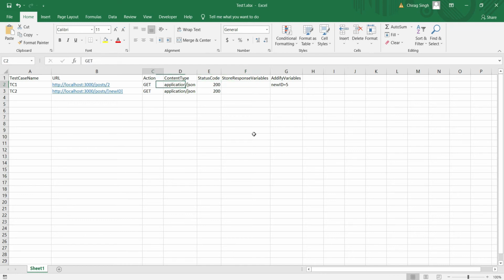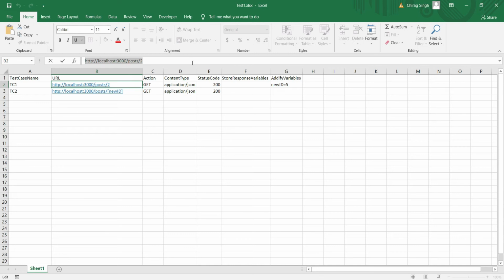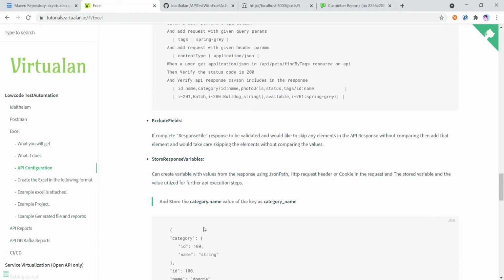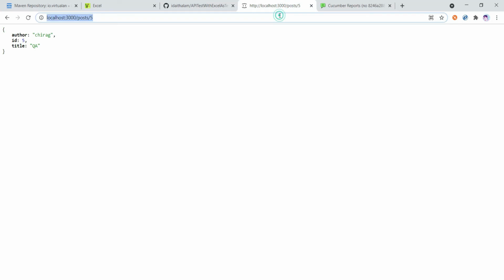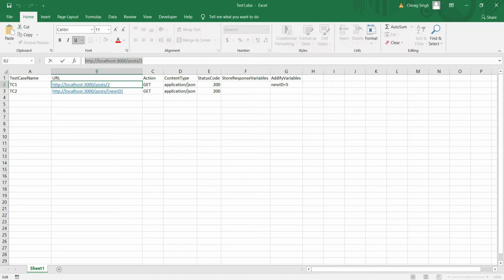So what I do here, I just copy this and open my Chrome, and here I just fetch this ID, and after fetching this ID I will use this ID to execute our further steps.